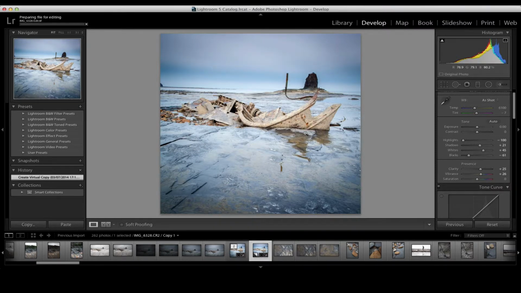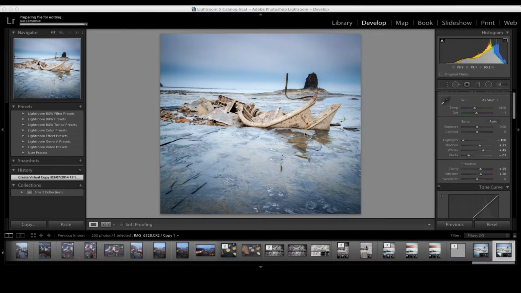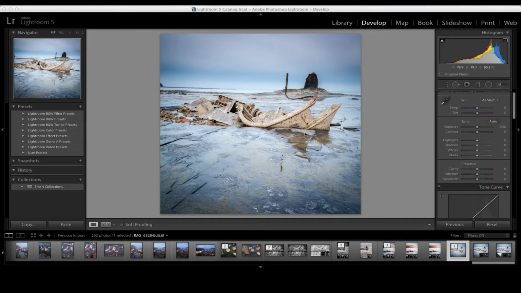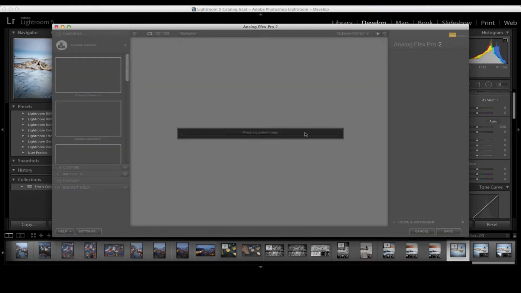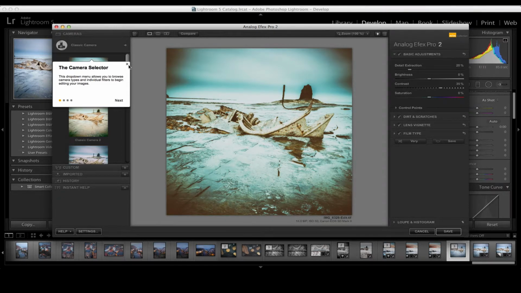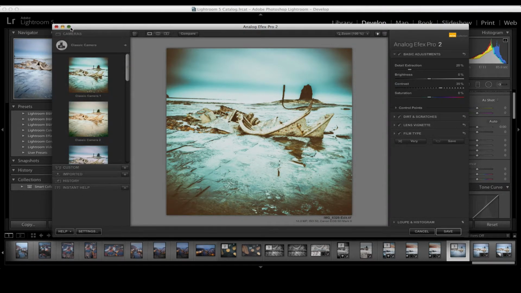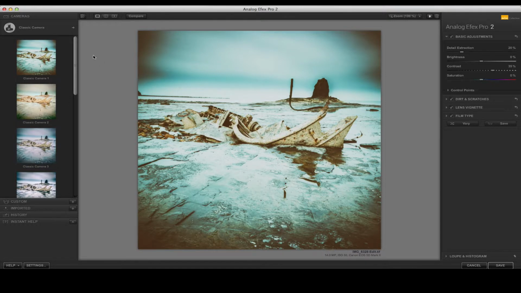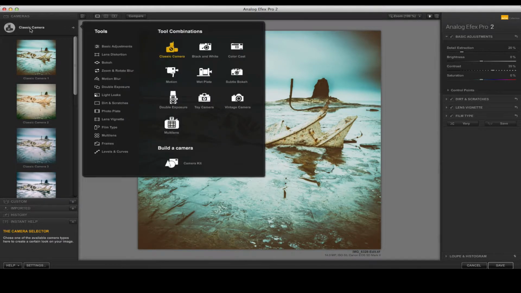So we're going to flip this image now into Analog Efex Pro, and what Analog Efex Pro 2 is trying to do is emulate a lot of the old analog sequences that we would have worked with, whether it be in film or with different types of camera or different types of chemicals, how we may have processed them. So if we have a look over on the left hand side, and again, once we come into it,